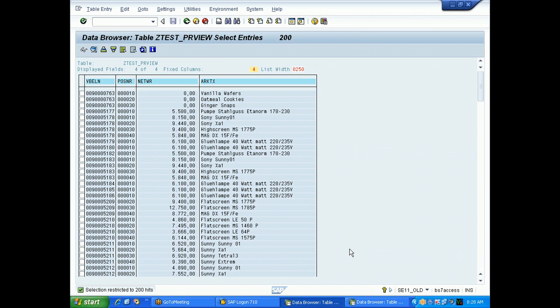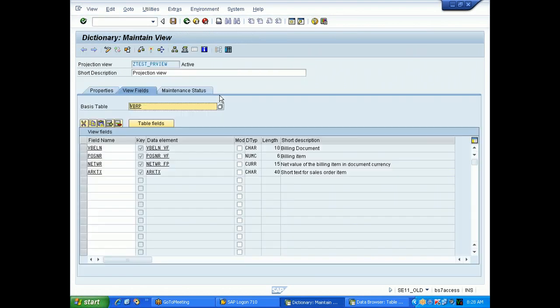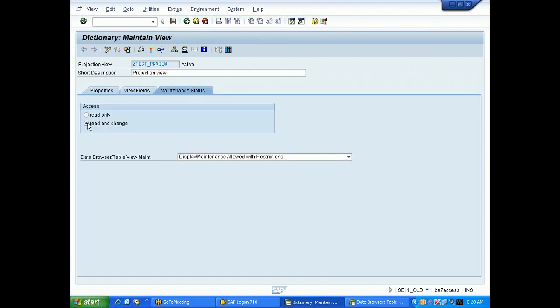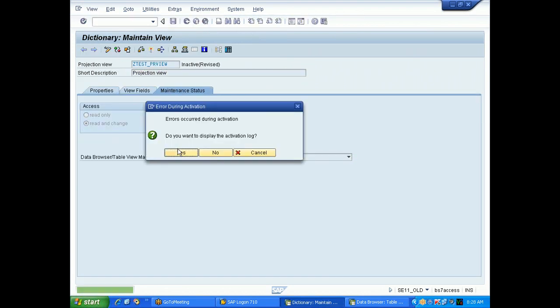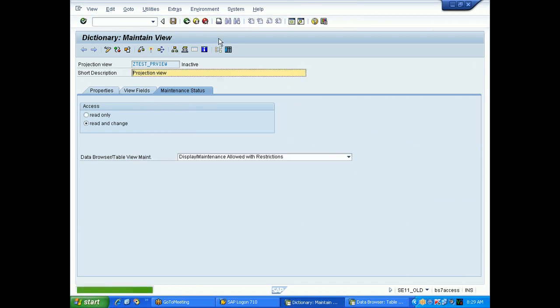In the second point you can write, in a projection view only one table can be used. And the third point you can write, both read and change access is allowed.